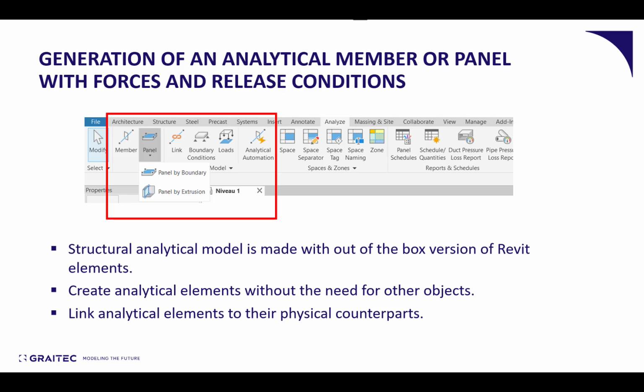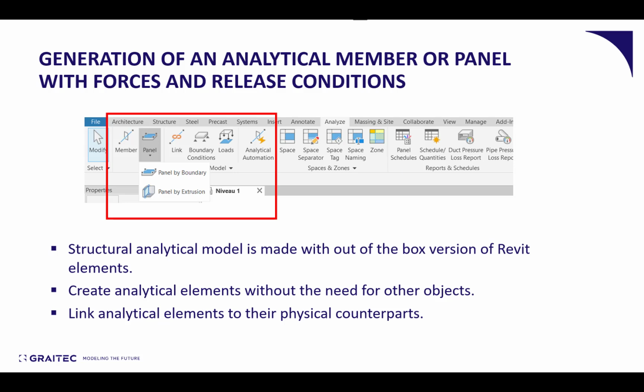I'm not going into the details because it's a key basic concept and essential notion in Revit, but all the analytical set of tools are located in the Analyze tab in Revit. We are talking about a set of 6-7 commands to create either members or panels.